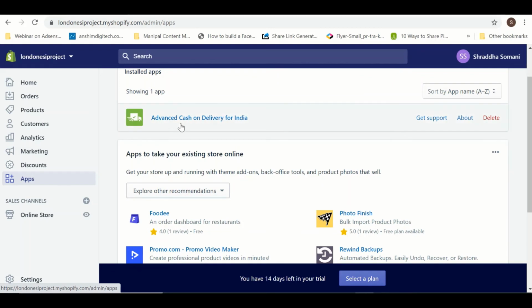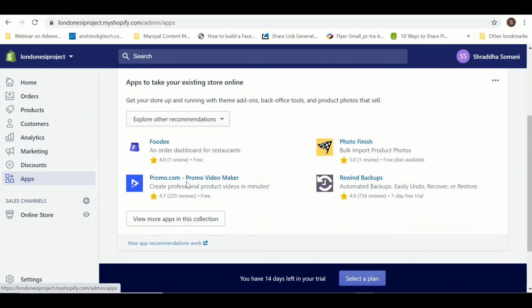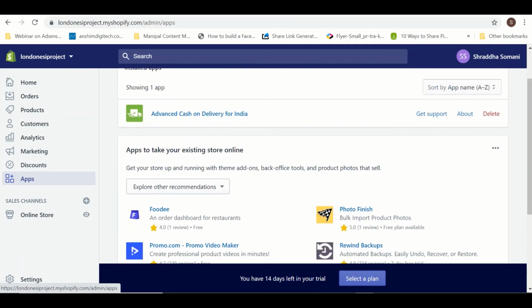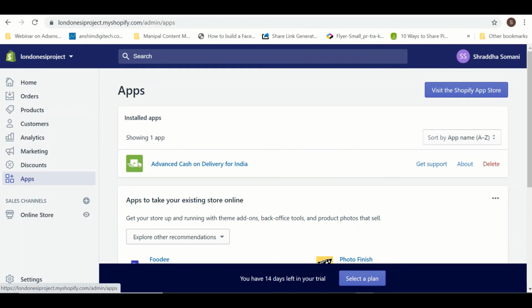If I'm providing a cash on delivery option, I can get that app, and that app is free. I can make a promo video for a product. I can upload bulk images for my product if I want. These are the kinds of apps I can get with the Shopify store, and to get detailed information about more apps, I can visit the Shopify app store, right?